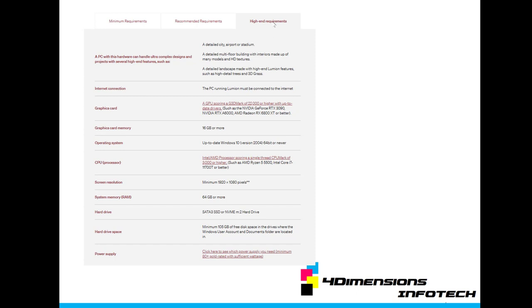Then next, coming to the high end requirement. If you have a high configuration, that is 16 GB RAM or 64 GB RAM and 16 GB graphics, it is well and enough to run any version of Lumion, such as 12.5. Even in future days you will get updated versions of Lumion. And then you have the NVIDIA RTX. So like this, you go through the configuration before running the Lumion software.